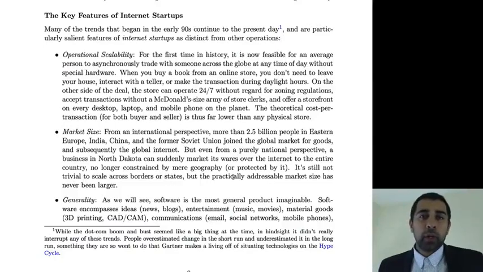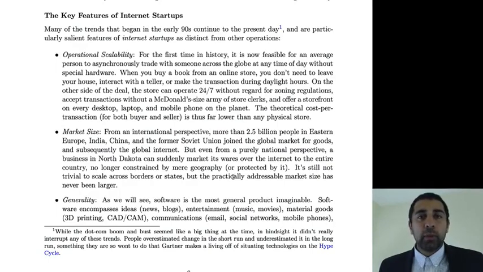Okay, so just to recap up to this point, we talked about how startups are really defined by the idea that a startup is a business built to grow extremely rapidly. We talked about the prerequisites for setting up the global internet market as we know it, and we started to get an understanding of why the internet startup is truly interesting in terms of its ability to grow very, very rapidly and scale to large markets.